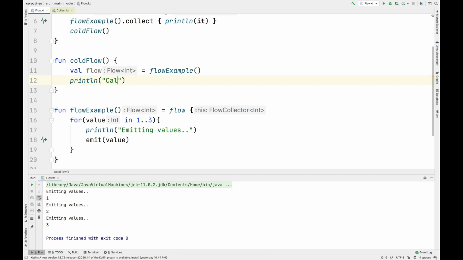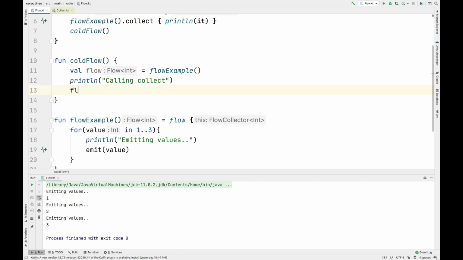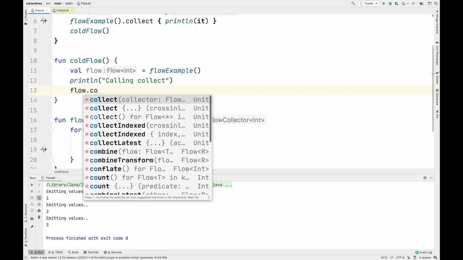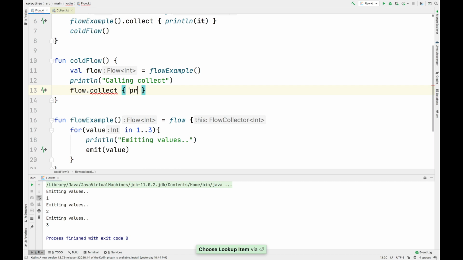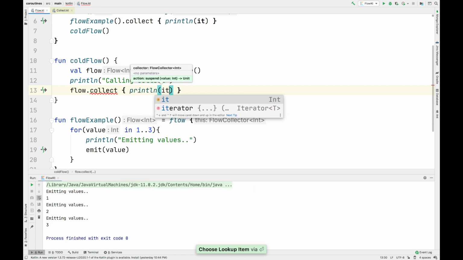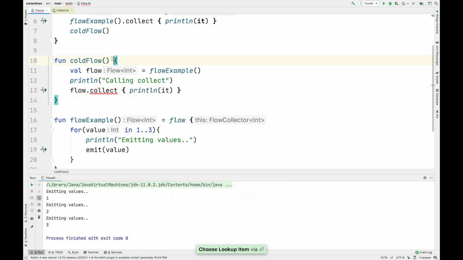Here I'll say calling collect. Okay, and then I'll call collect on this flow, and then I'll simply print the elements. Here also I have to add runBlocking, because the collect method can be called only from a suspending function or a coroutine. So we need a coroutine scope here.